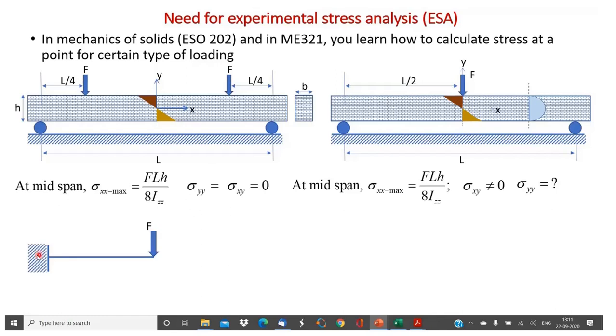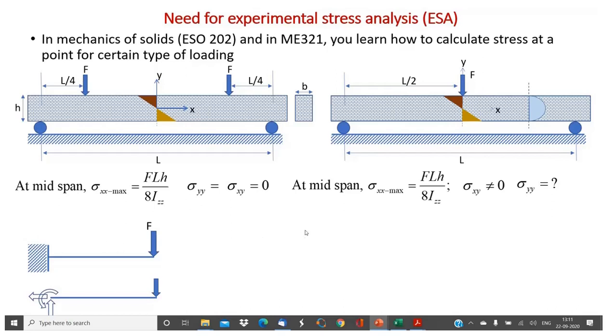What I am showing here is a cantilever beam fixed at the left end with a concentrated force at its tip. You have seen this figure many times. At the fixed end, the deflection and the slope are 0. Now you can draw the free body diagram of this beam as shown here. You have a moment and two forces at the fixed end, and this can be analyzed easily. You know how to calculate the bending stresses, shear stresses, the deflected shape of the beam, etc.